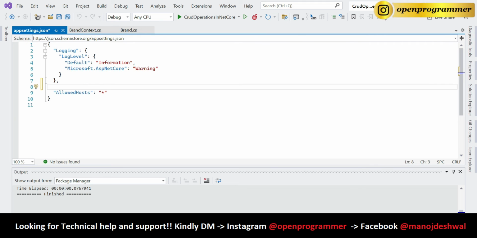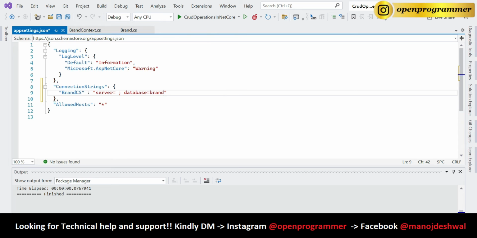Here we need to add our connection string. So simply type ConnectionStrings, and in that object we need to pass our connection string name. So I'm using BrandCS. You can use any meaningful name. And inside this, the first property is Server, that we will copy from our SQL Server. Let's open SQL also. And the second property is Database. So again, it's up to you. You can give any meaningful name. I'm giving BrandDB,